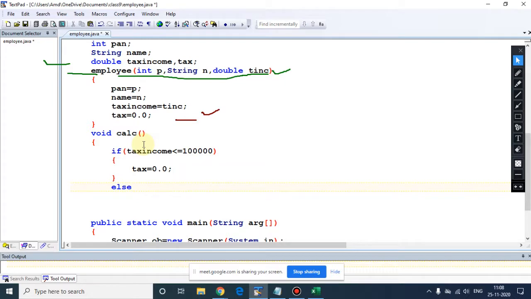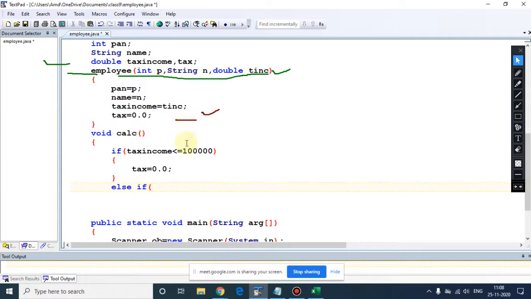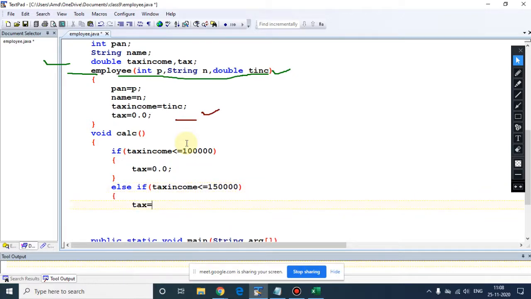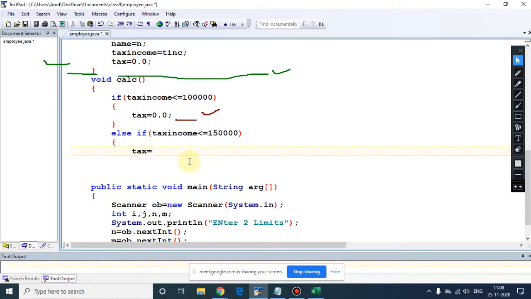Else if, now see the second criterion: if the income is greater than 1 lakh and less than or equal to 1,50,000, then tax has to be calculated as 10% of the income exceeding this. 10% means you can directly do that. So tax income, this is not the shortest way, this is the basic way I am doing.